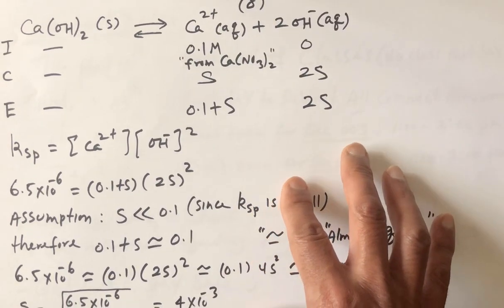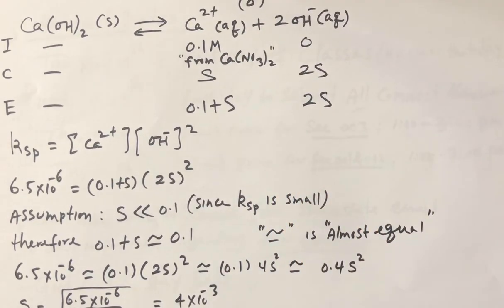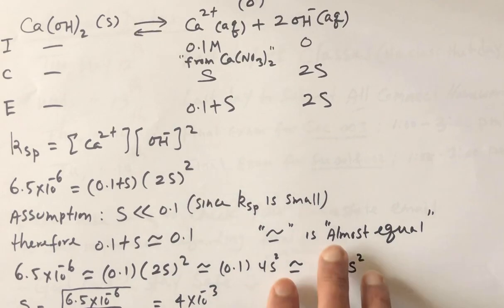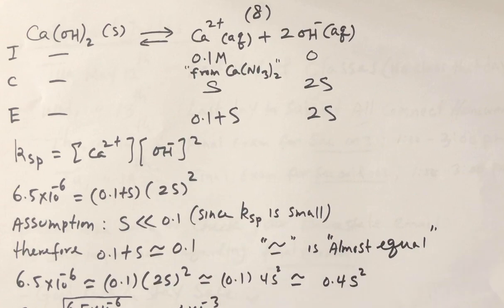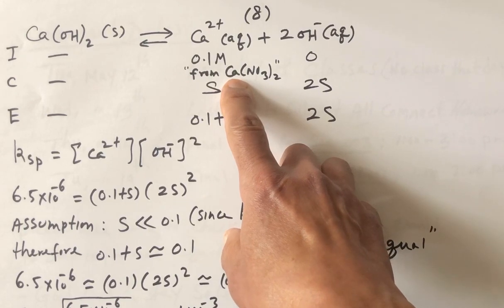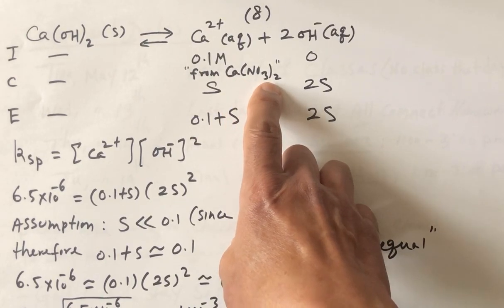Sometimes it's kind of hard to get these papers separated. So now this is showing us how to calculate the solubility of calcium hydroxide in 0.1 molar calcium nitrate. So now we have a common ion present. Again, we set up the equilibrium ICE table, but in the previous case, the initial amount of Ca2+ was 0 molar. Here it is 0.1 molar, and that comes from 0.1 molar calcium nitrate being present as the